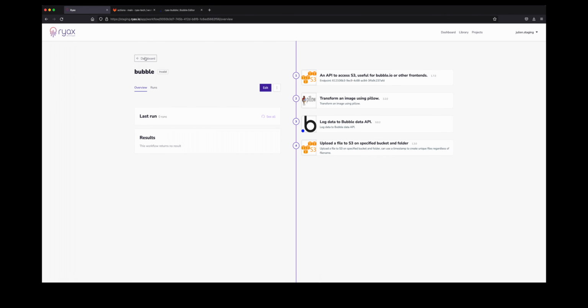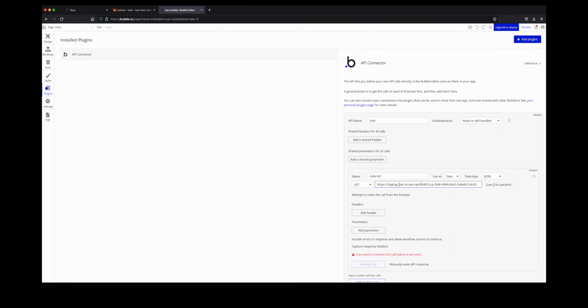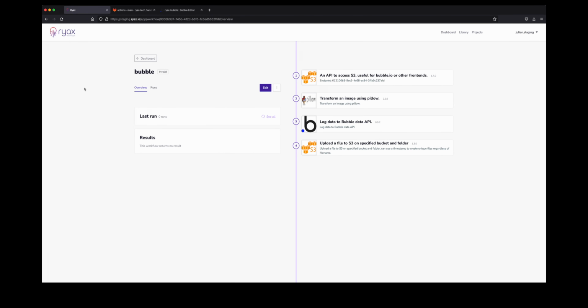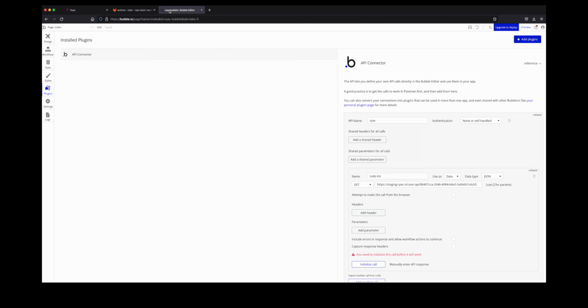So for the API URL, you can head back to Ryax and go back to the dashboard, and for each project in Ryax, you have a base URL that provides the first part of the URL as the API comes. You then need to add on top of this URL the endpoint of your specific workflow you're working with. You can find it in two ways, either on the dashboard view or in the edit view on the first trigger of your workflow, and you add slash and you paste this endpoint at the end of the URL. Then we'll do another slash list slash to do slash list